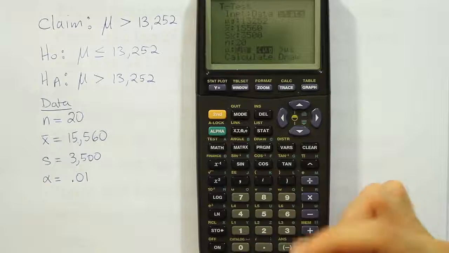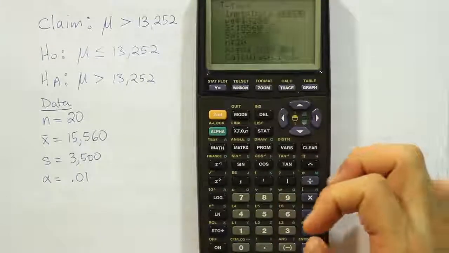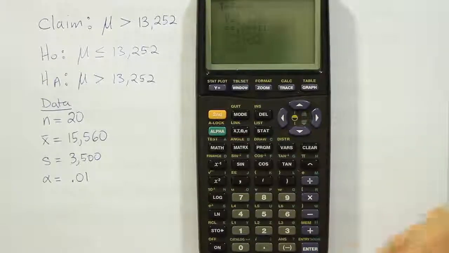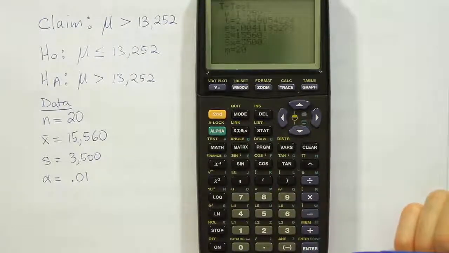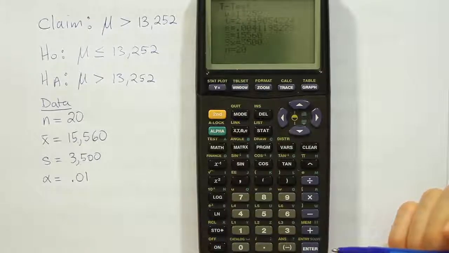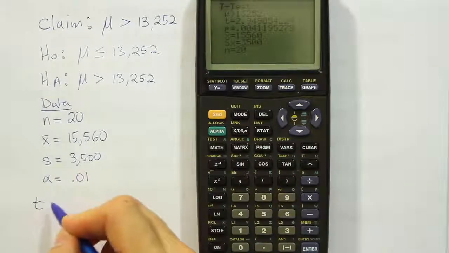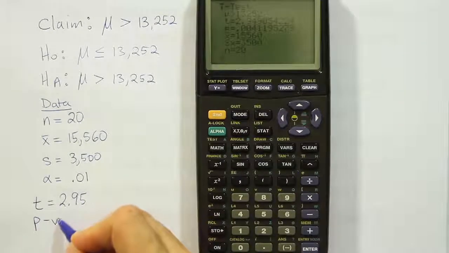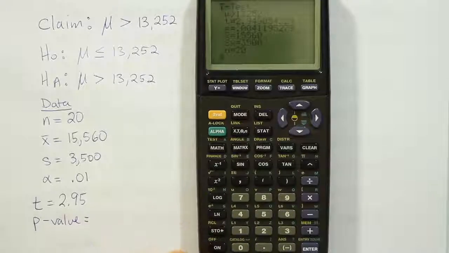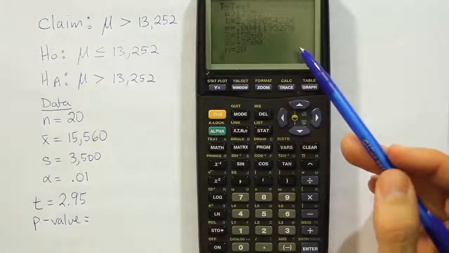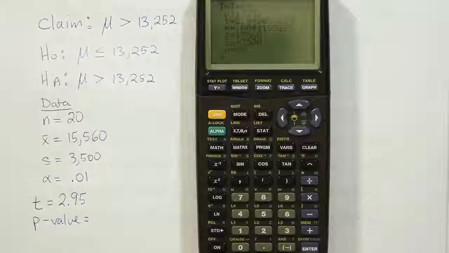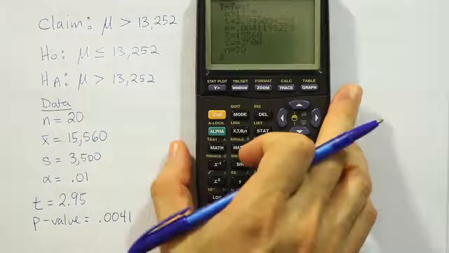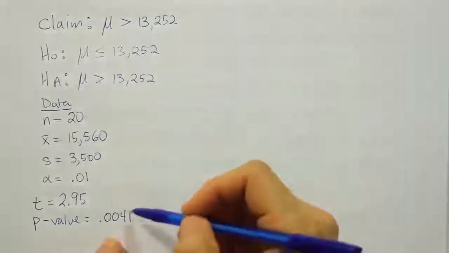All right, and then come down here and highlight the proper symbol for HA. So greater than would be that symbol. So we'll come over to here, hit enter for the greater than symbol. And then finally, calculate. And when we do that, it gives us our t-test stat. Our t-test stat is 2.95, right? And it gives us the p-value. It tells us the p-value in this problem is actually 0.0041. Okay, that's good. That's all we need from the calculator now,